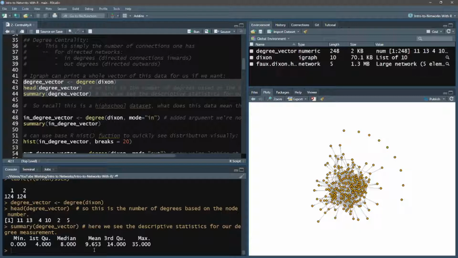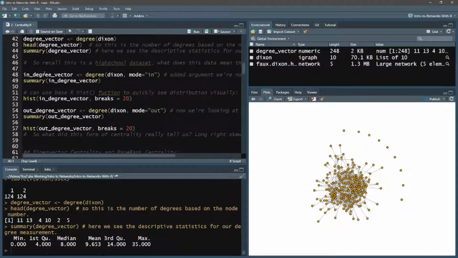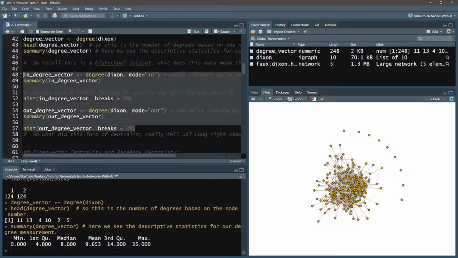The average degree centrality, or the mean, is 9.6. This would be one statistic that you would compare to other networks, other papers that you've read, other school districts, or measuring this over time. So this would be one form of statistic that you could use to measure centrality at your school. But as I was talking about before, we can create in degrees and out degrees. To do this, there's an option within the degree function to set the mode, and we would just set mode to in or mode to out. For these, I created some very rough histograms with 20 different bins. So if I run these,